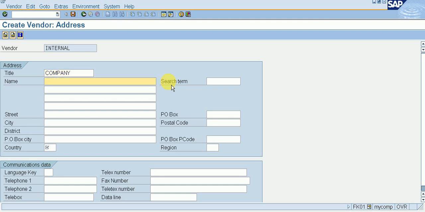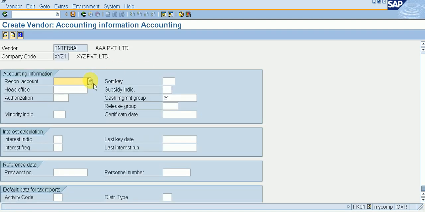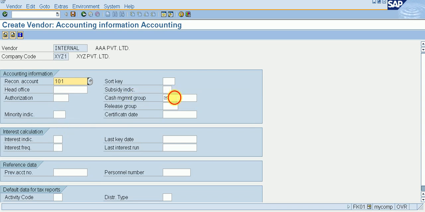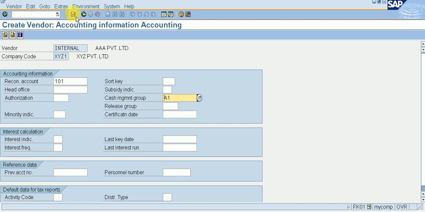I am giving the name AAA Private Limited, and country IN. Enter. Give a reconciliation account which I created for the vendor account. This is 101. Click on it and give your cash management group. I am giving A1 for domestic. Double click on it and then save it.